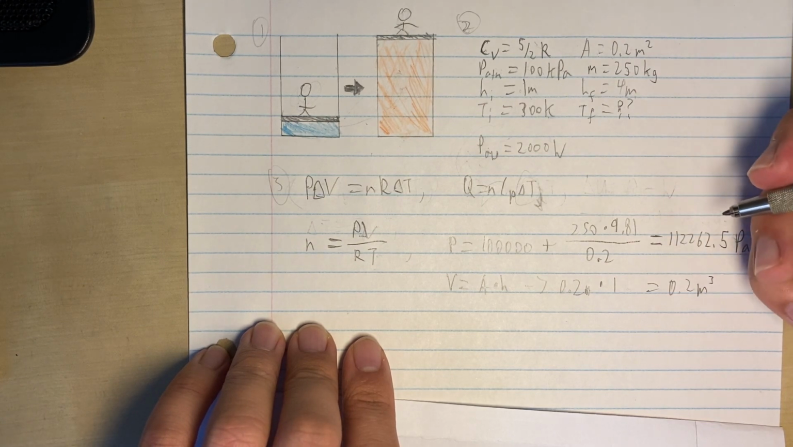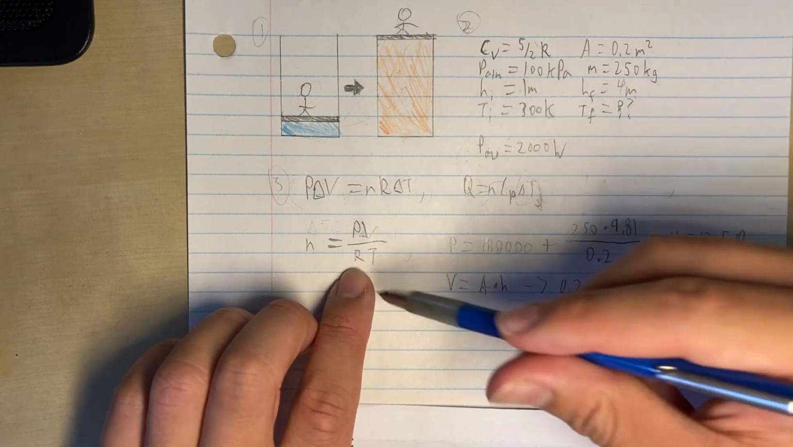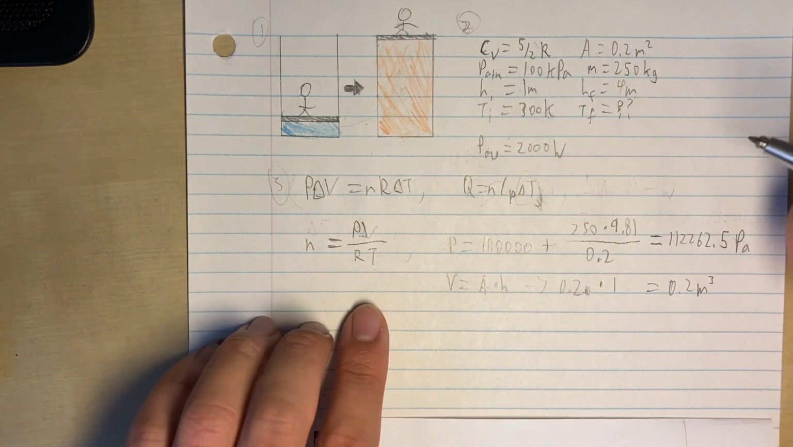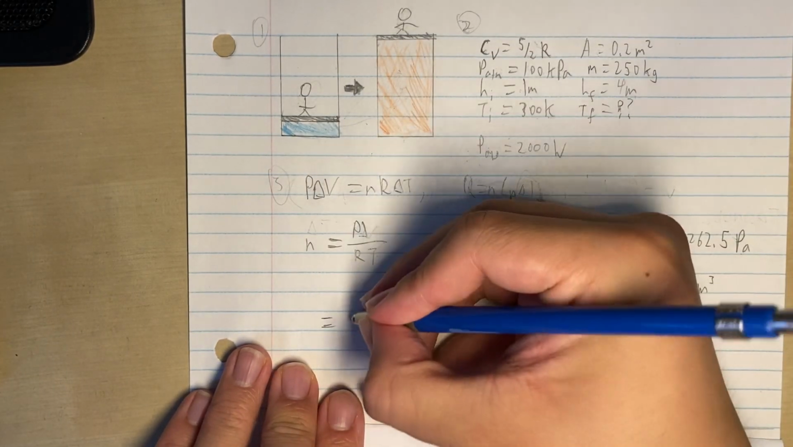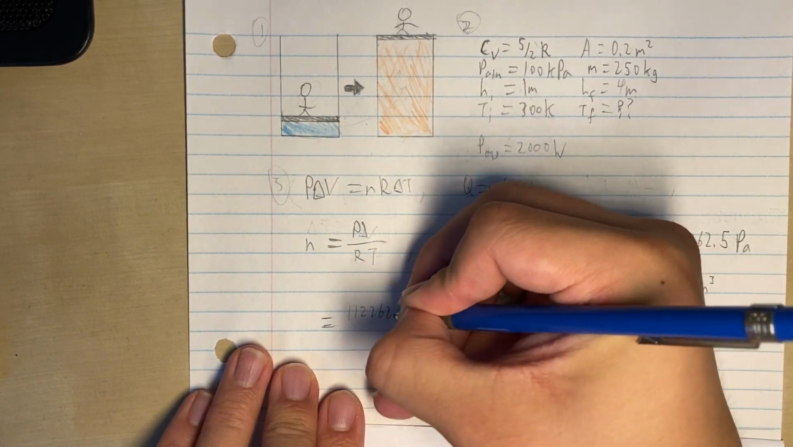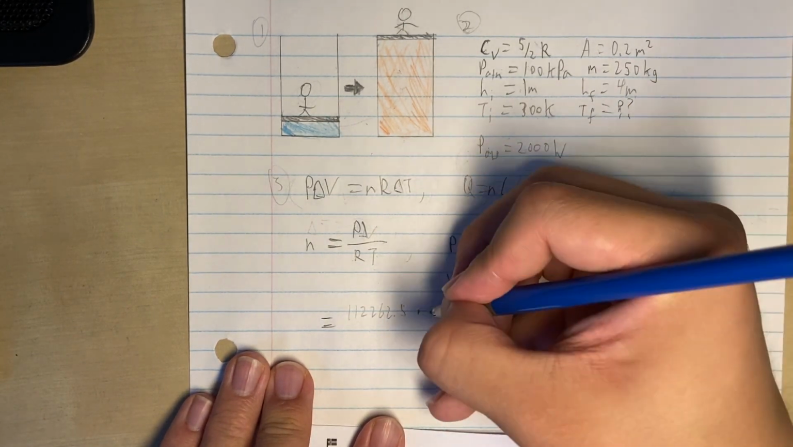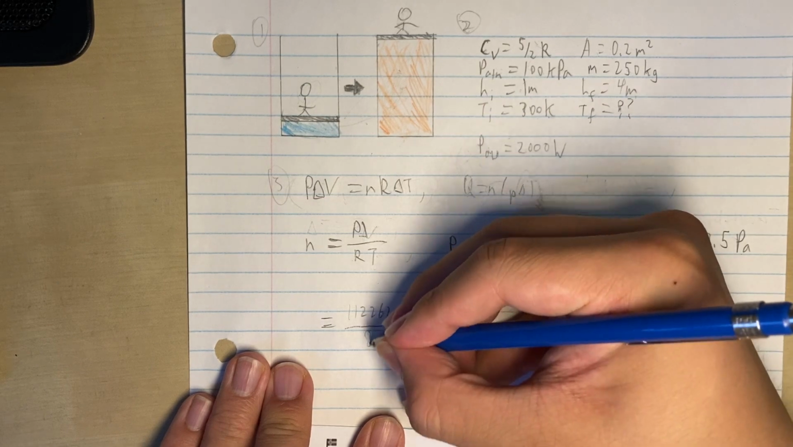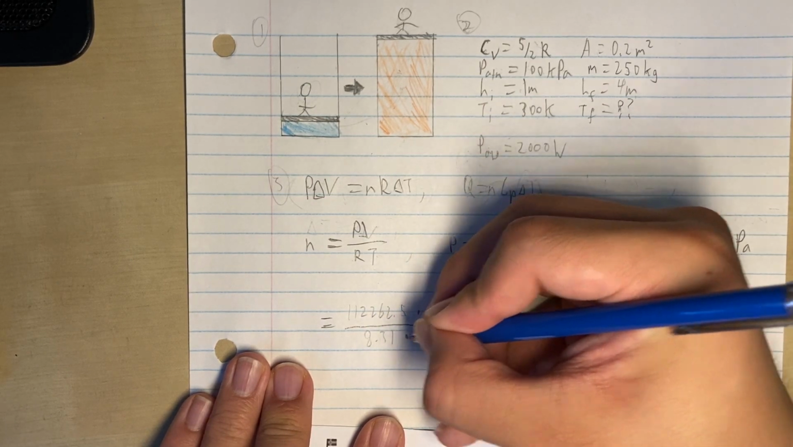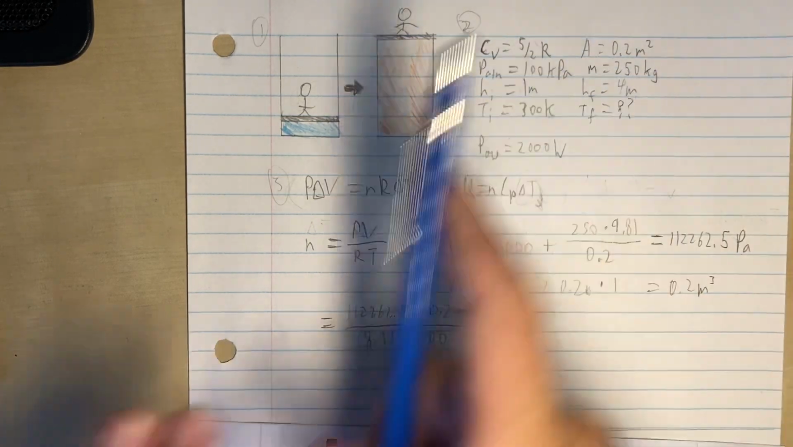Okay, and then we look at the temperature. We have 300 Kelvin, and R is 8.31. So N is equal to 112,262.5 pascals, multiplied by 0.2 meters cubed, divided by 8.31 multiplied by 300. That should give us